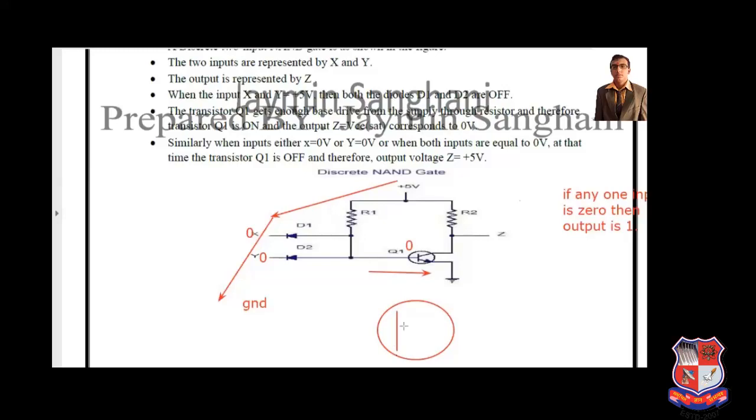This is the symbol of transistor. I have sketched here, and here I have mentioned with an arrow, so you will be able to understand. It is known as emitter. And here it is known as base. Here it is known as collector. Here it is known as emitter.